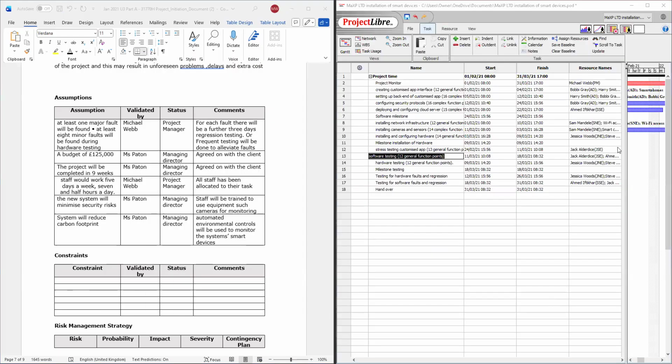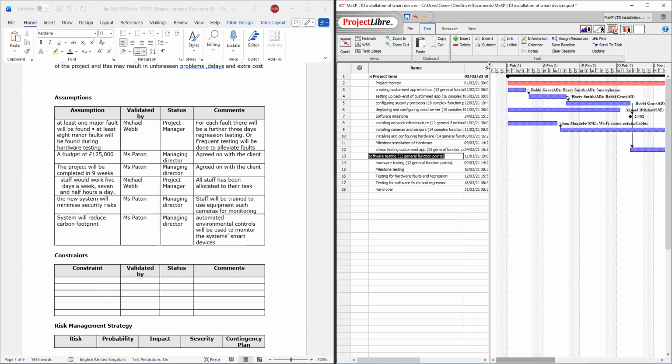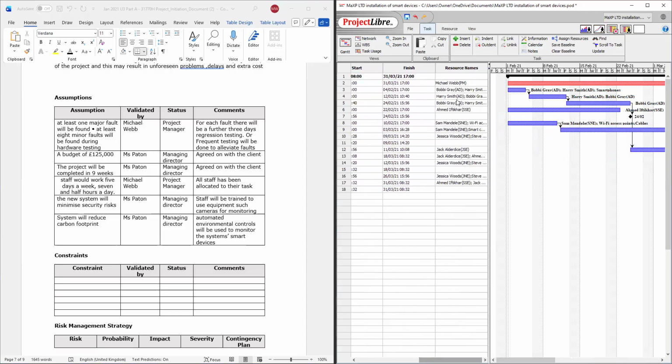All right, so notice our Gantt chart. At some point or another, we have what are called predecessors, meaning each task might be linked to another task. Hold on, I hid the predecessors, so I'm going to insert the predecessor column.